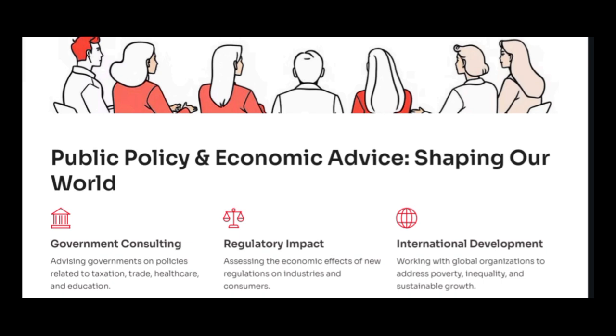For example, the government consulting. Before a government signs a major new trade deal, economists will analyze its potential impact. Will it create more jobs in manufacturing? Will it lower the price for consumers? Like that. Also, before the Environmental Protection Agency, or EPA, issues a new regulation on carbon emissions,